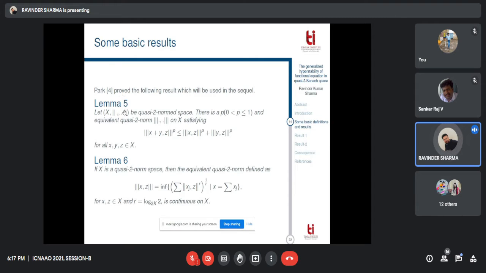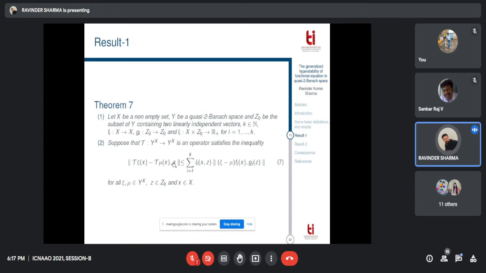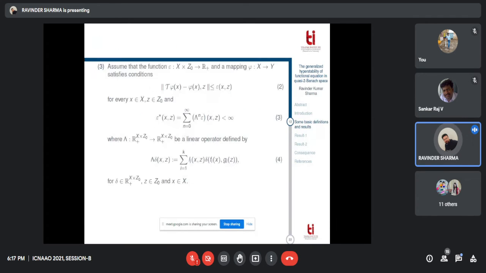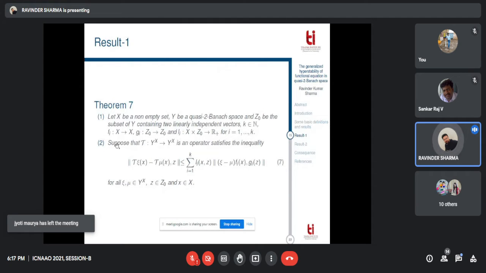Now, Park proved the following result, which will be used in this sequel. Let X be a quasi-two-norm space, and there is a p with 0 less than p less than or equal to 1 such that there is an equivalent quasi-two-norm, and this is the equivalent quasi-two-norm. Using these lemmas and theorem 4, we generalize theorem 4 in the sense of quasi-two-Banach space, which is my